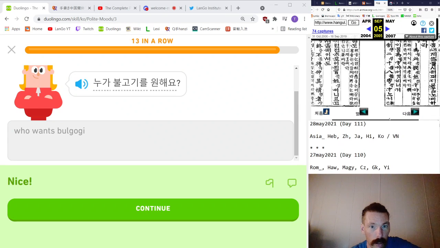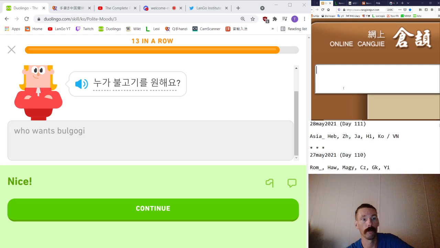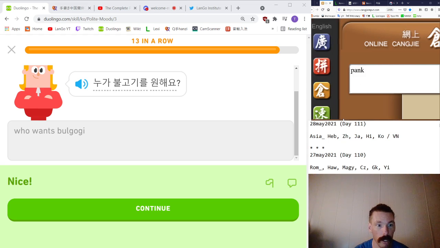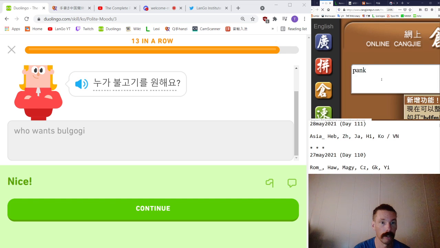Let's find this character. It's got a heart next to a gate with 1 in it. So we will put P-A-N-K. Nice, pank syllable, and I got to reload already. There it is. Combined with ran, which we do as B-K-F. Good grief. It works for a second and then it stops.